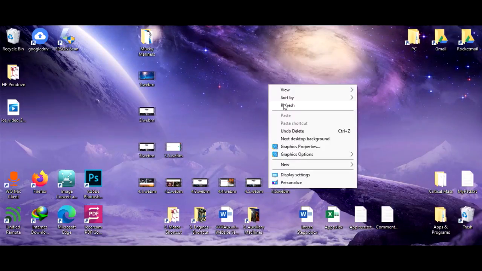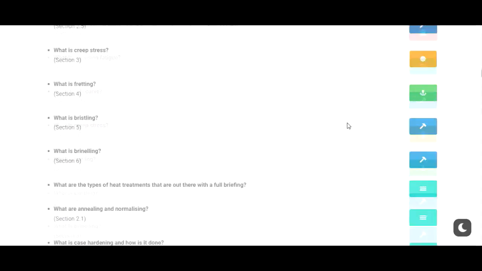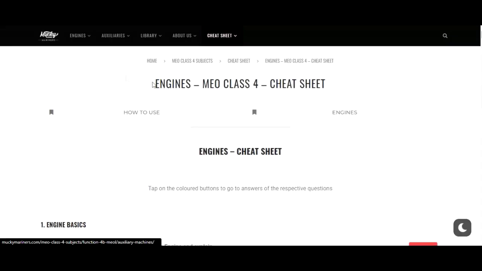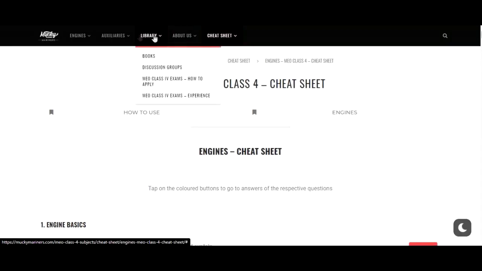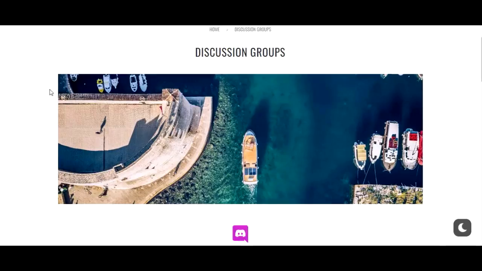So let's talk about the additional features which the website has, and I think you should all check them out. They're really important too. So first, if you go to the library section, you can go to the group section, which is discussion groups. Now since you have questions you want to ask the students giving the exams and everything,